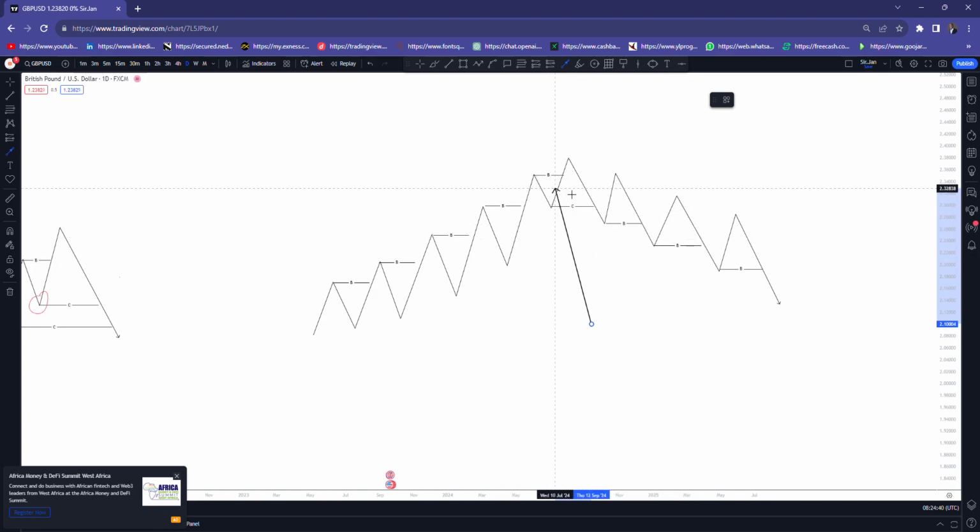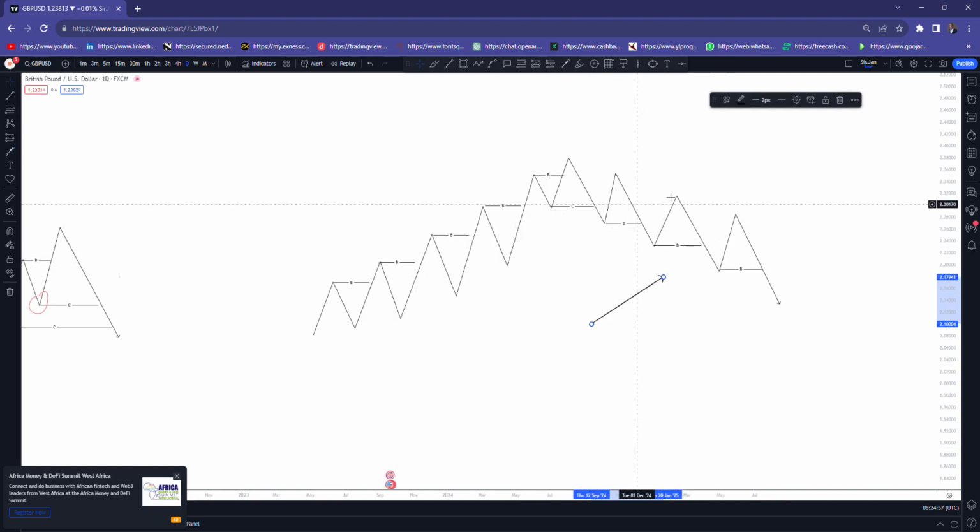Now it gives us that this here is a change of character and this is a break of structure, and now a series of breaks of structure, like that. So when you see this price, when you see a break of structure, in most cases, what I do in this case,